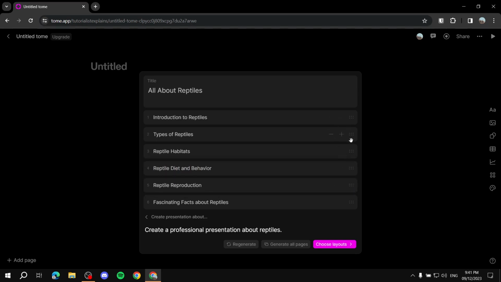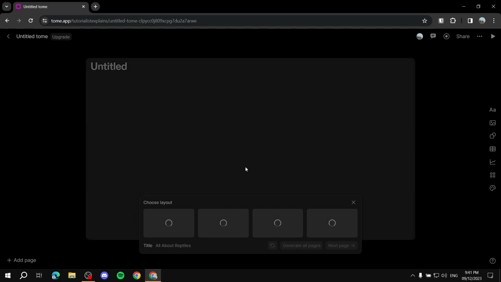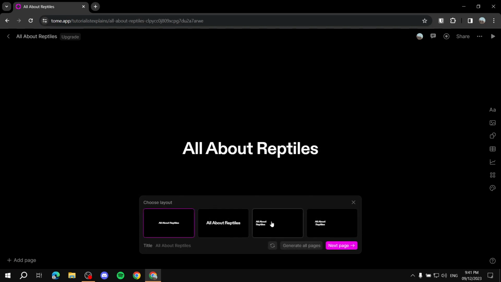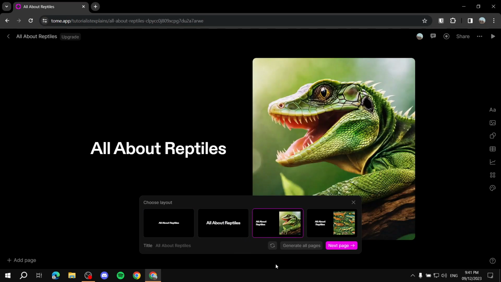If we want this to be up top, we can just hold and drag like that. But we can just click on generate all pages, or we can choose layouts. If we choose layouts, it's going to ask us for every page how we want it to be. So we can just choose this one if we want, and then we click on next page,